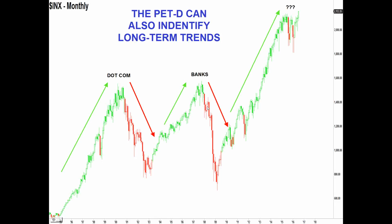At the end of 2007, you would have gotten out because of the 3 red bars. And if you're a more aggressive trader, you could have gotten short and taken advantage of this big crash to the downside with the financial crisis we had, the big recession in 2008. Then in 2009, 3 green bars appeared, and we have been consistently green. Sure, we've had a couple of red bars, but we need 3 red bars to tell us that we've changed to a downtrend. So far we've had 2 here in 2015, another 2 in the beginning of 2016, but